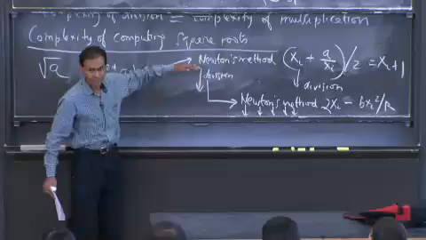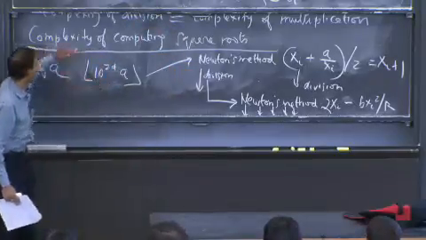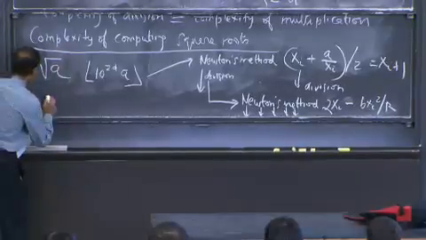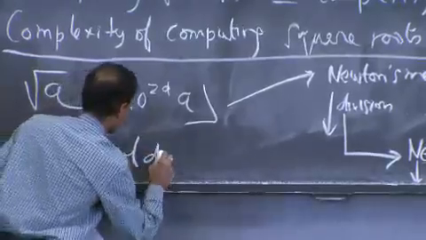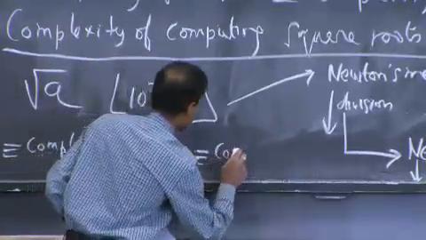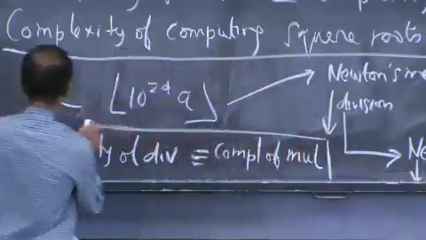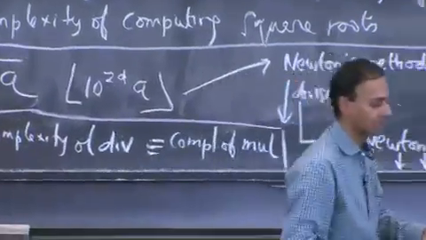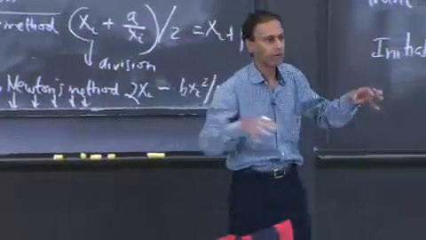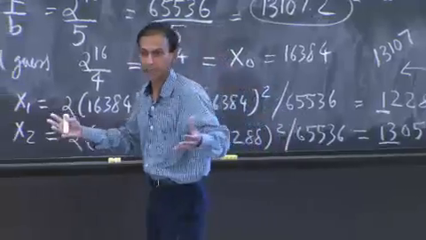So using essentially the same equation summing, you can argue that the complexity of computing square roots is the complexity of division, which of course is the complexity of multiplication, right? And that's the story. So obviously the code would be a little more complicated than a multiplication code because you have all this control structure outside of it. It's really two nested loops, right?